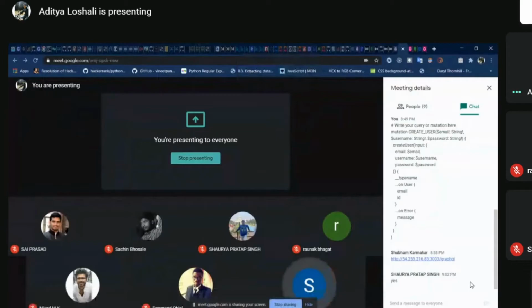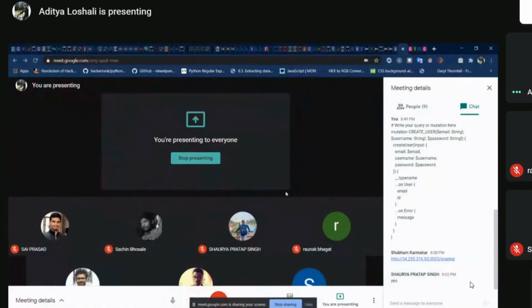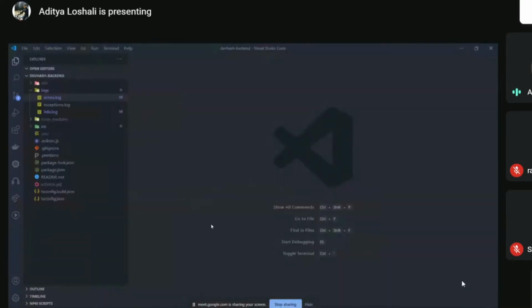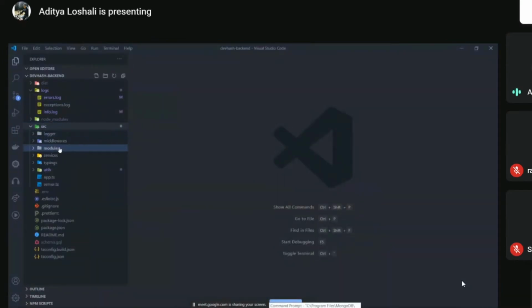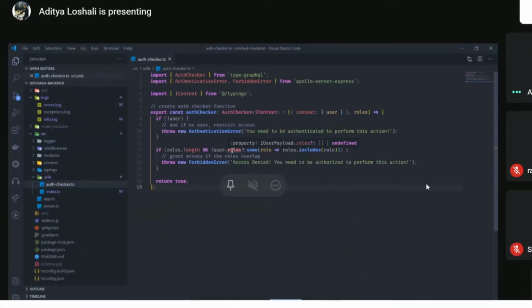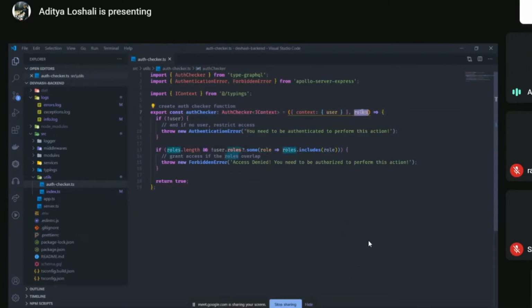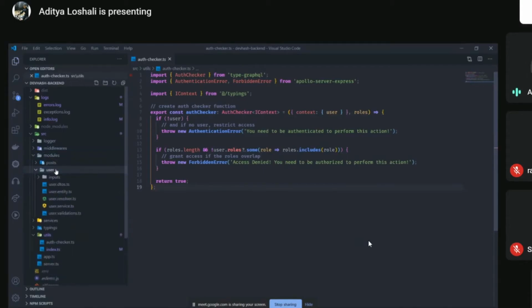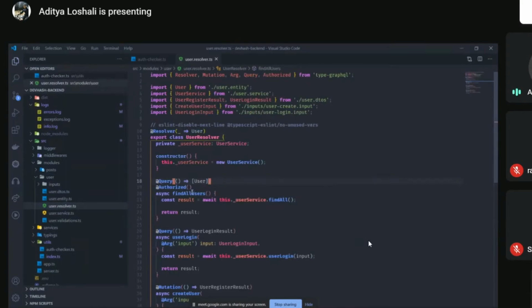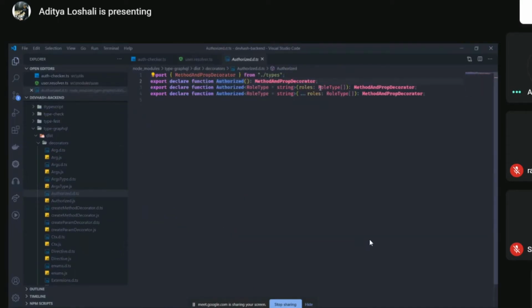Does this code base also include the roles management? Not yet, but we can include it later. Because I saw some Role code. Yeah, this thing. It is expecting the roles from here, and if the roles are present, so what we will do here is, I don't remember the exact syntax right now, but it was something like this. You can check it in that TypeGraphQL, but this authorize middleware accepts the roles, an array of roles.